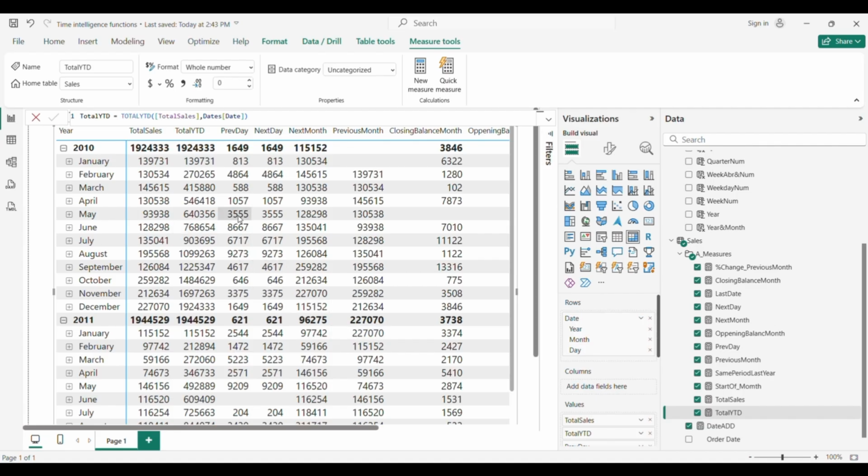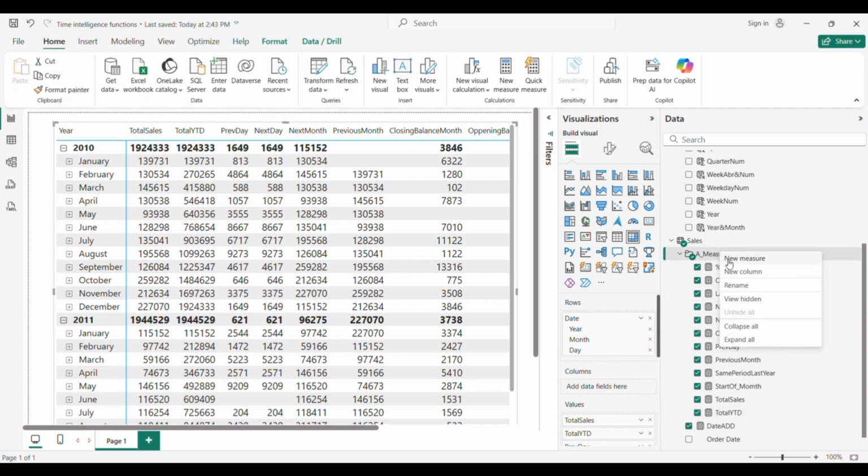We can also do that with the quarter to date function if we want to see only the quarters summed up.